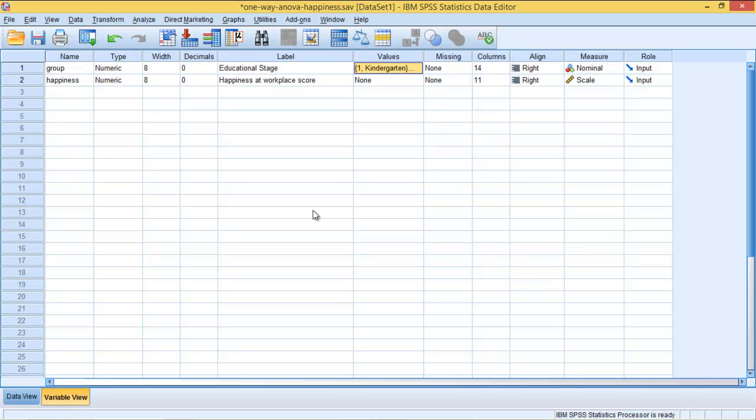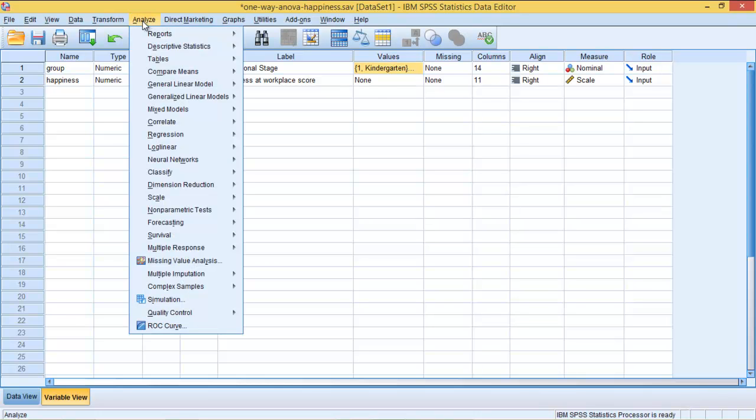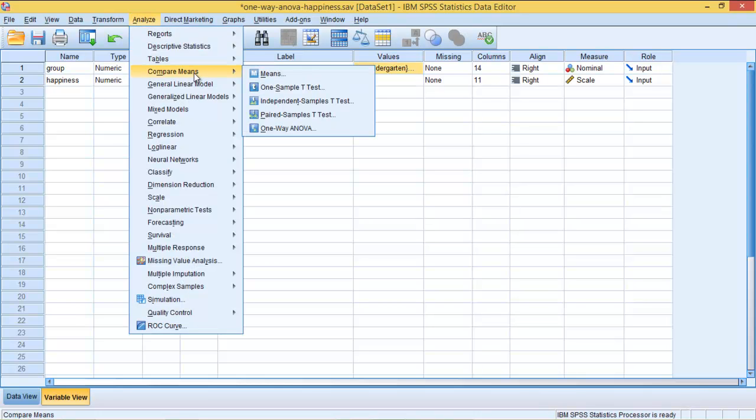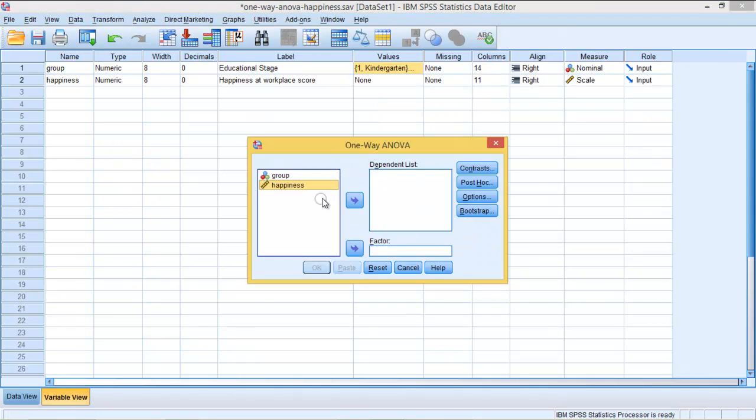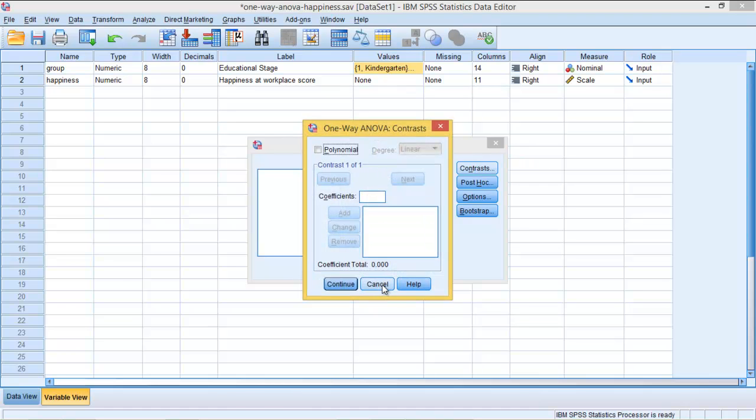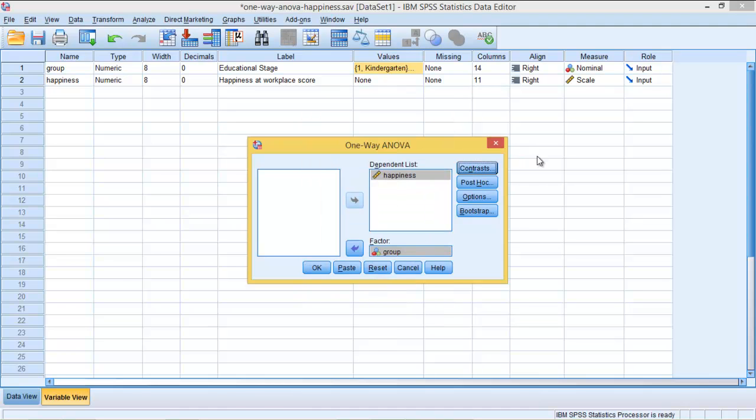So in order for you to run the One-Way ANOVA, you just have to come to Analyze, hover your mouse over Compare Means, and click on One-Way ANOVA. Now I'm just going to display variable names here only so it's shorter. So now what you have to do is take the happiness score to the dependent list and move the group, the educational stage, to the box Factor. Today we are not going to talk about the contrasts, so we will just leave that untouched. Now let's go to the options box,